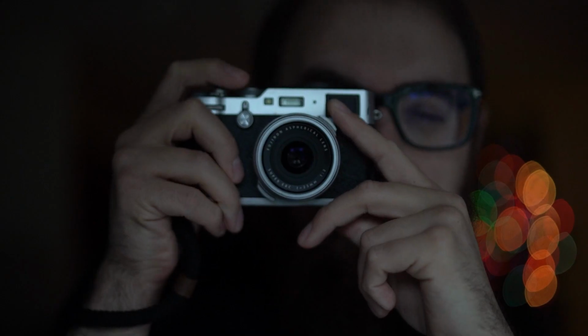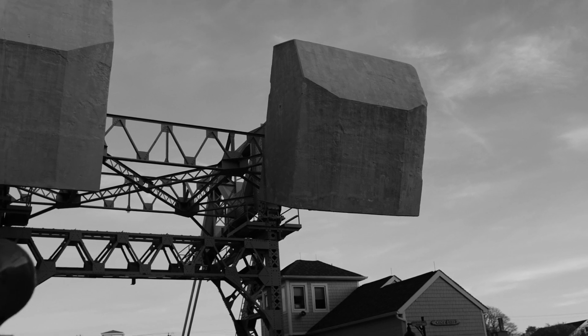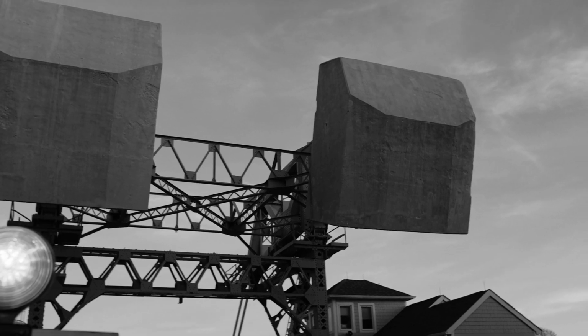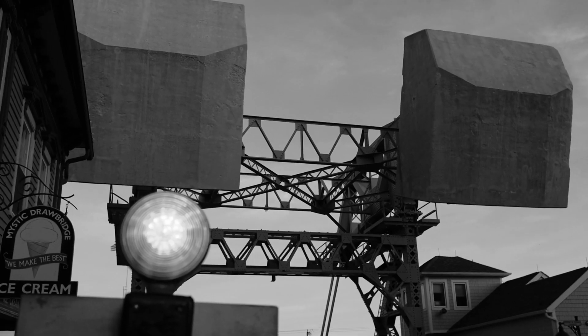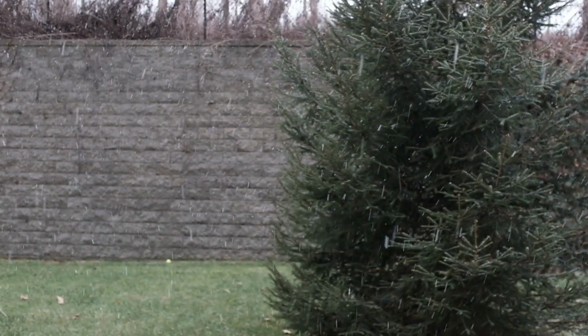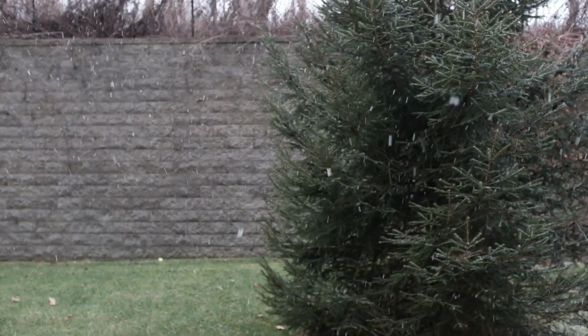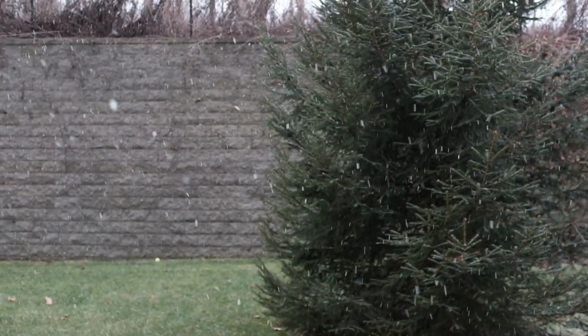factor in my opinion. I need a deeper grip to go handheld. Because of the form factor, it's tricky to keep the camera steady in video mode. I find that the footage tends to look somewhat jittery if you're not using some sort of stabilizer or tripod. The continuous autofocus is decent, but the camera does hunt around quite a bit, especially in low light, and the focus motor is a little bit